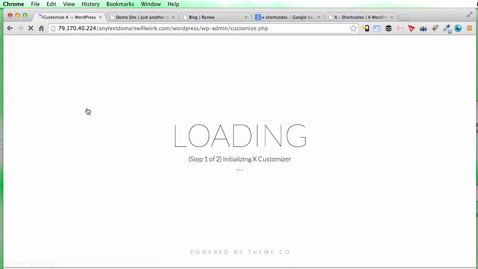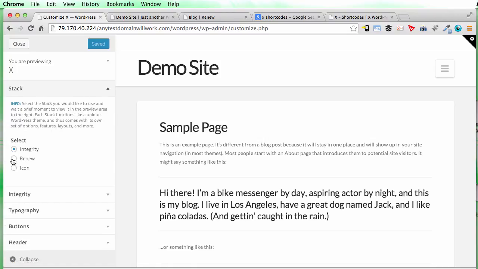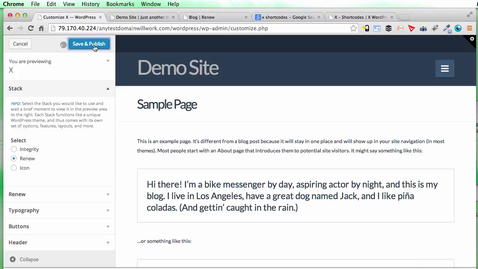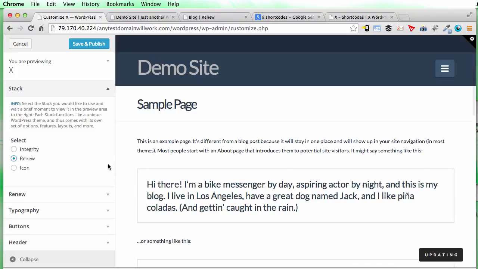So this is specific to X. The premium themes often have their own system for updating the website. So first of all, you can choose which of the three stacks you want to work with. Stacks are styles of the X theme. Integrity, renew, and icon are the three, and it updates almost straight away when you select them. We're going to go for the renew option,